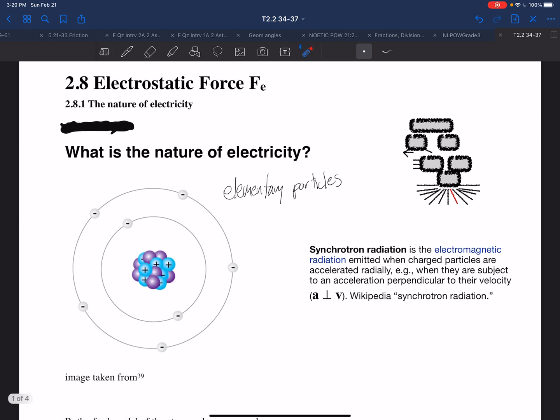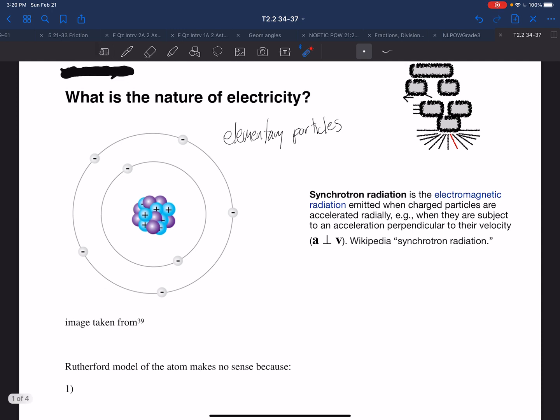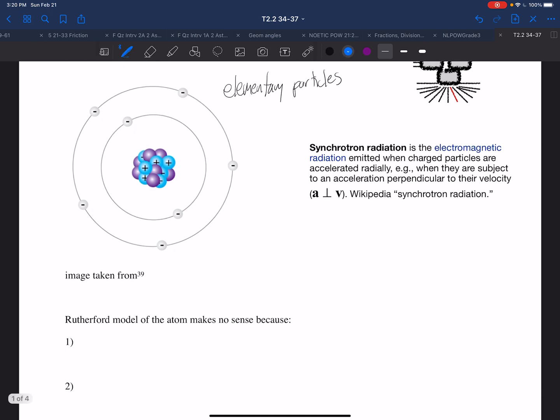But what's curious is at the time, even for Rutherford and those around, they didn't want to accept this planetary model of the atom because there were a couple things that didn't make sense. They defied the laws of physics. The first of those was that if the protons are all concentrated in the center, they should repel each other and fly off. So it doesn't make any sense for them to be concentrated in the nucleus,